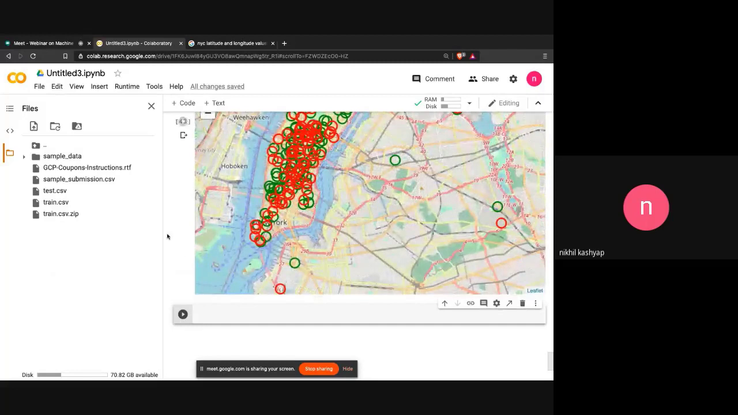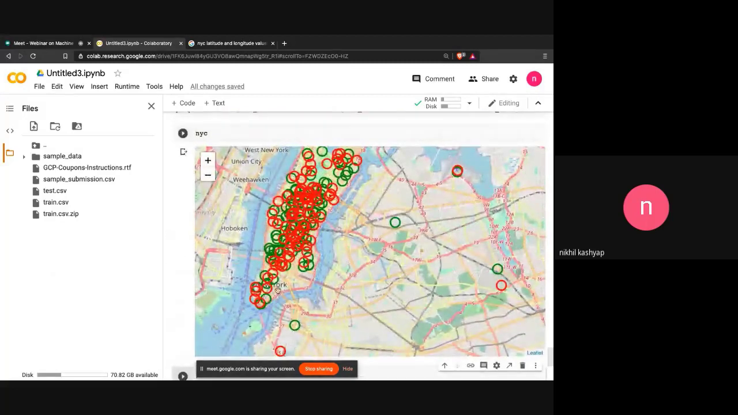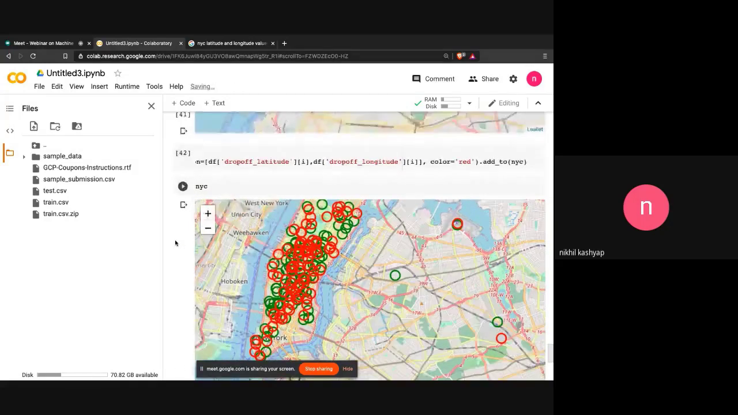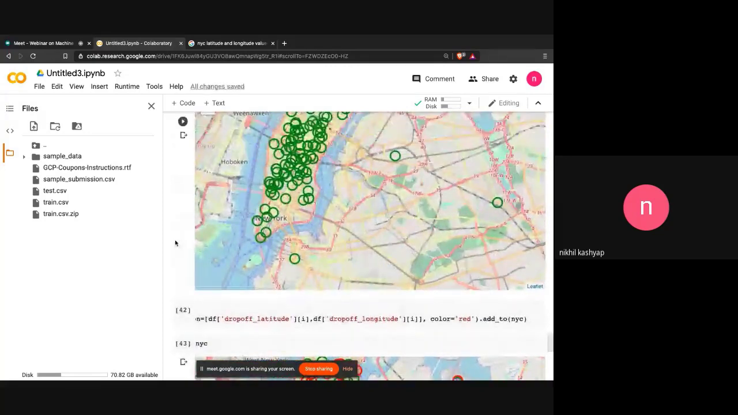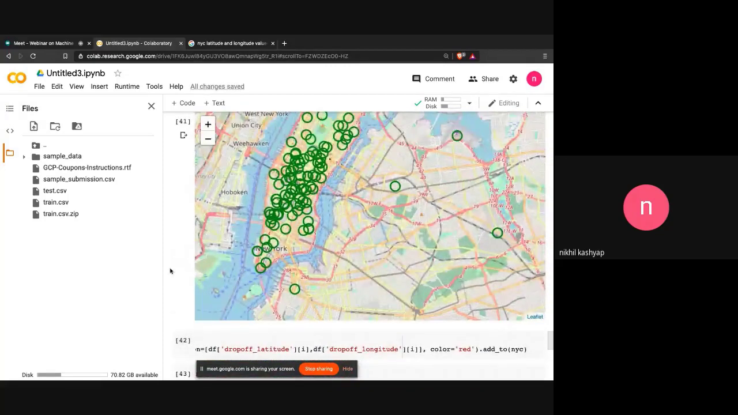Now, all the green represents the pickup and all the red represents the drop off. You can do it for the whole data set, and you can use any other kind of marker. You can reduce the radius of the circle marker. You can do many things on top of that. Right now, to give you an idea, this is how you can use Folium to